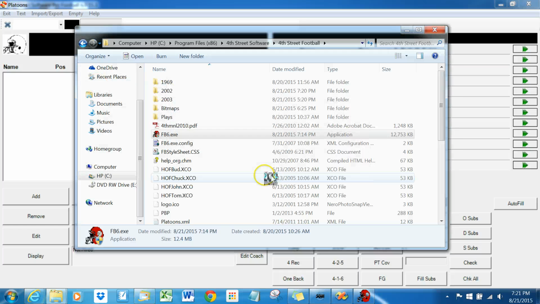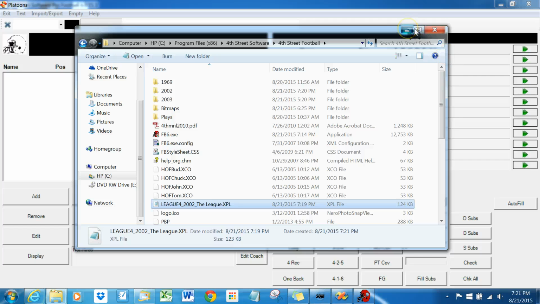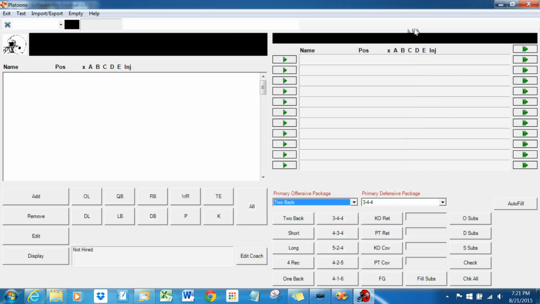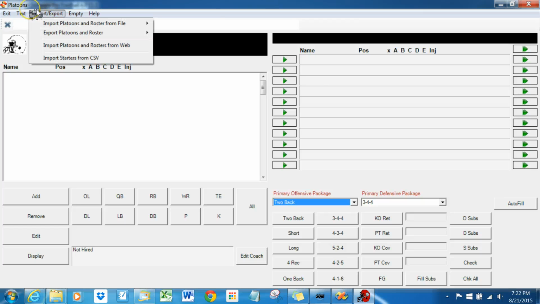Basically, you would email this to the other individuals in your league. They could store that inside this folder, or they could store it on their desktop or wherever. It doesn't really make any difference. And again, now I'm going to pretend to be another individual in your league. We're going to import these, not rosters, but teams into our new